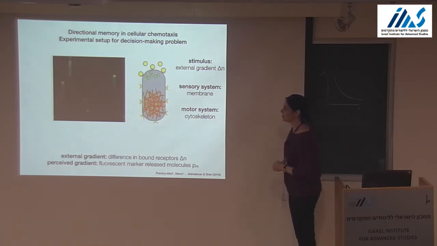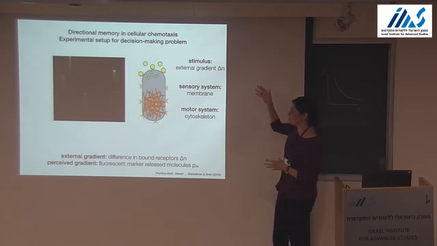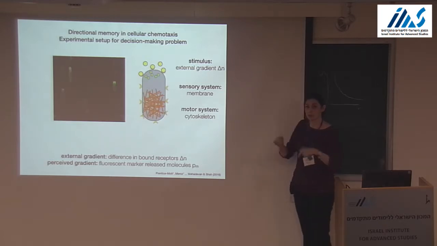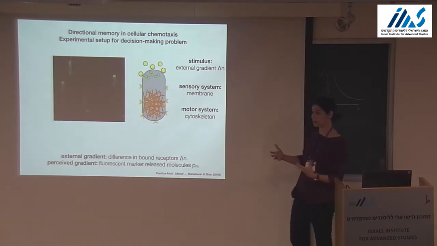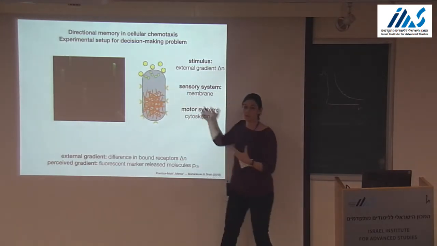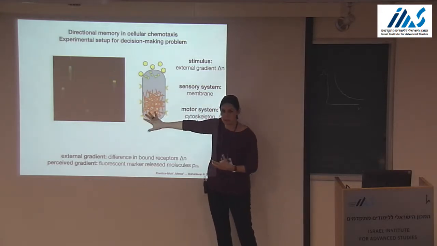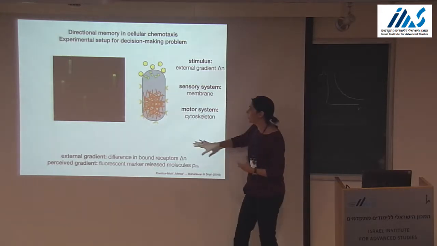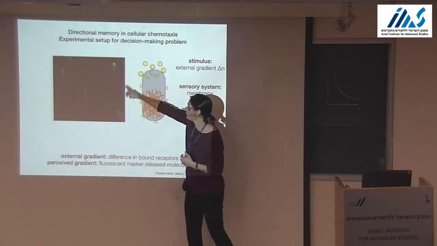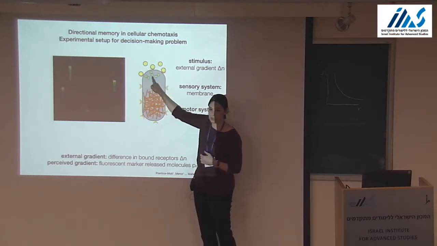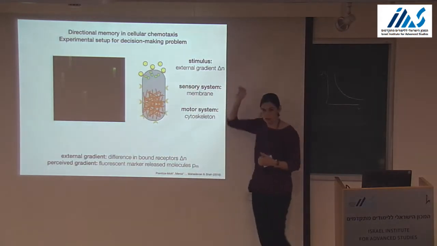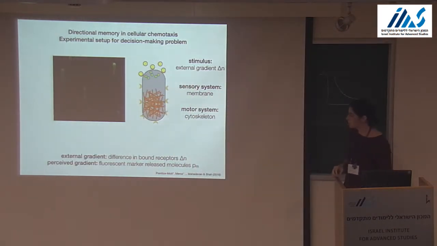But something interesting to point out is that when you impose an external gradient of the chemical, this imposes an internal symmetry breaking of the cell, both on the molecular level, because these molecules, for example, appear only where you're sensing something, and also on the structural level, because the cytoskeleton goes to the back, right? And luckily enough, in these experiments, we have a fluorescent marker, what you see in green here, which is associated with these molecules. And indeed, in the movie, you can see that they're really localized at the front where it's sensing something.